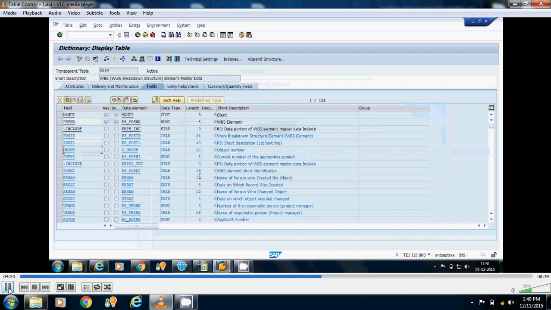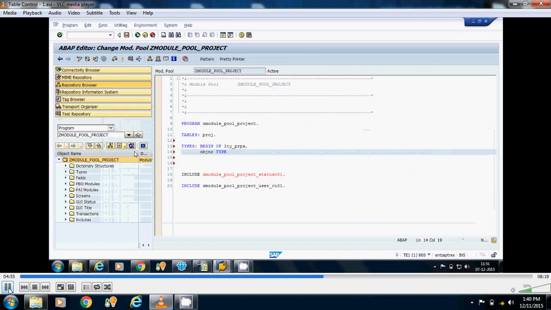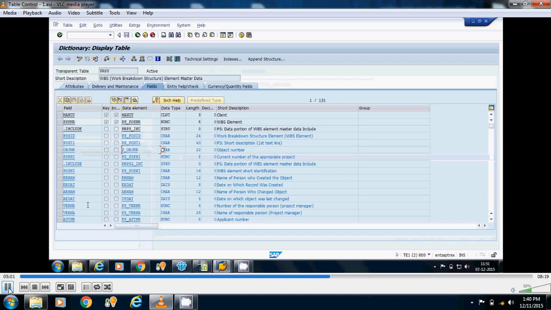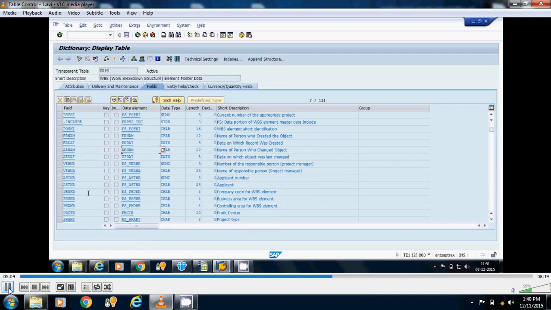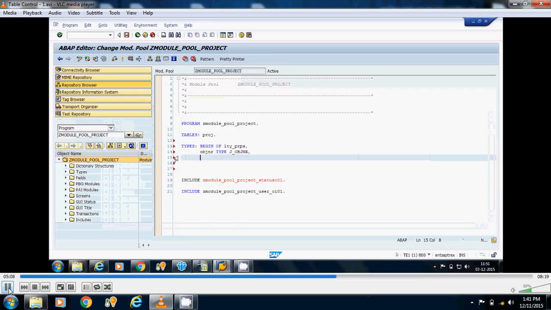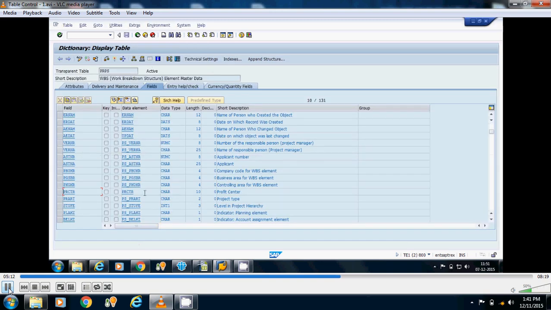OBJNR type J_OBJNR. Now suppose the second column I want is PRCTR, which is of type PRCTR.